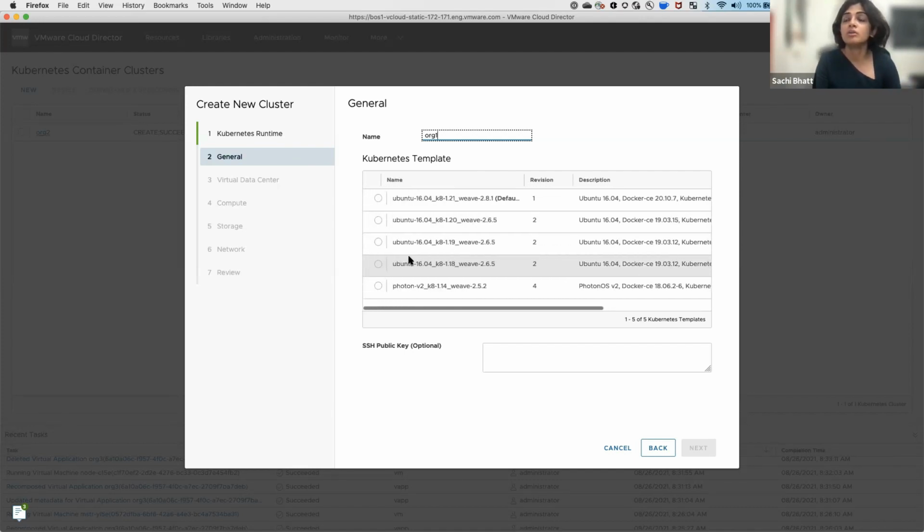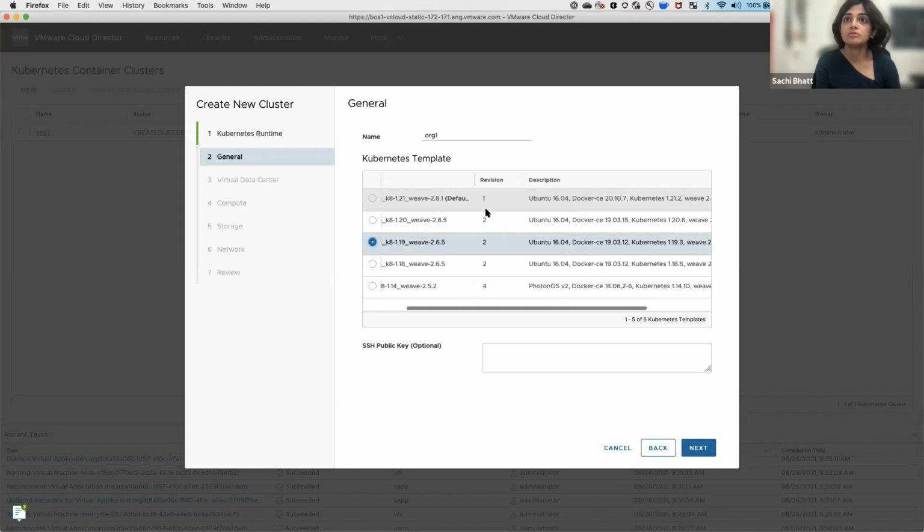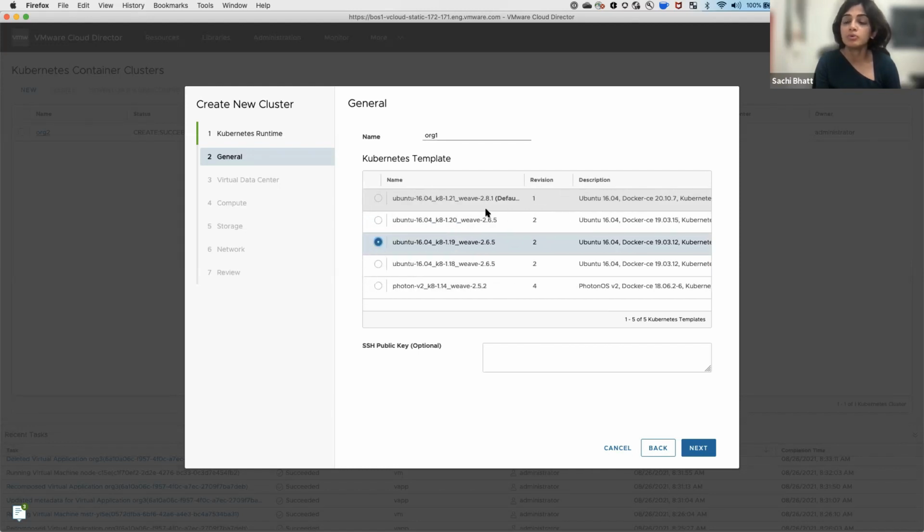These are all available when we are installing the CSE service. For demo purposes, I'm going to select any version. Sorry, Sashi, were these the new templates that were shipped? Yeah, we have been updating support for each template, each release. So for CSE 3.1, these are all the supported templates. Okay, great.